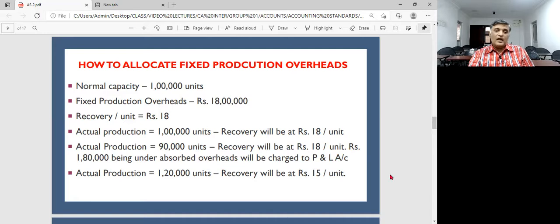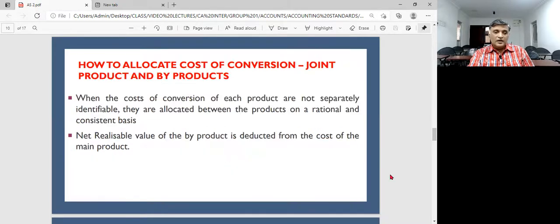Okay. Now, having got clarity on this fixed overheads, let's understand how are you going to allocate the cost of conversion for joint products and for byproducts. So if you have a joint product and if you have a byproduct, what is joint product? There is an input of a raw material, and using the same material, we are going to produce two products. Let's assume it is joint product A and joint product B. But the input is the same. Output is going to be two products, product A, product B, but the input is the same for both A and B. If that be the case, how are we going to allocate the joint cost between the two products?